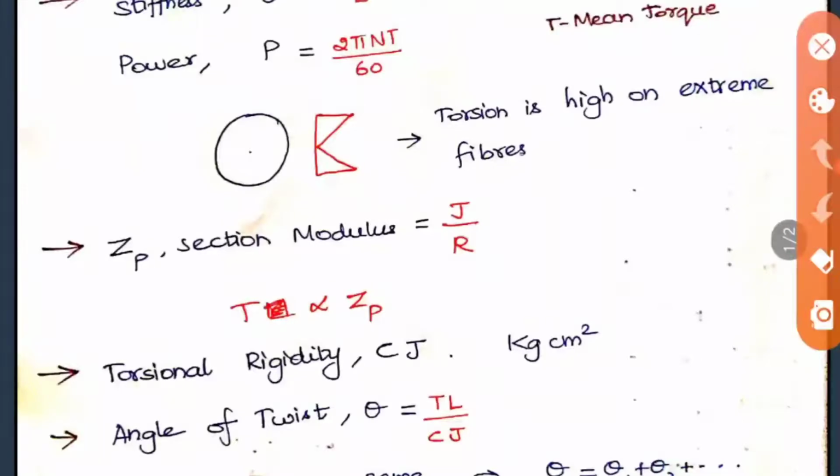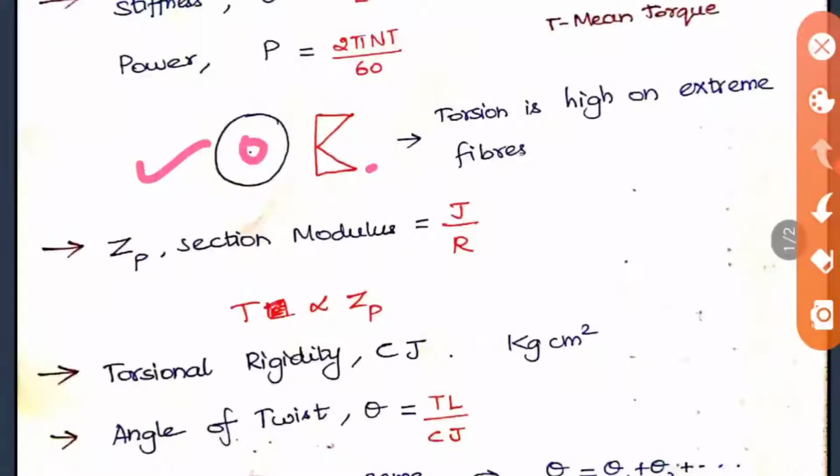Okay. So here I have given the diagram for the torsion. If you take a circular shaft, the torsion diagram will be like this. It will be maximum at the outer edges and minimum at the inner side. It means that the inner part, nearer to the center, doesn't provide much resistance to this torsion. So a hollow shaft is always better, because the inside portions are not working to their full capacity, so they are not necessary. Taking out that part gives the hollow shaft, with the inner side empty. It is always more beneficial and economical than the solid shaft.